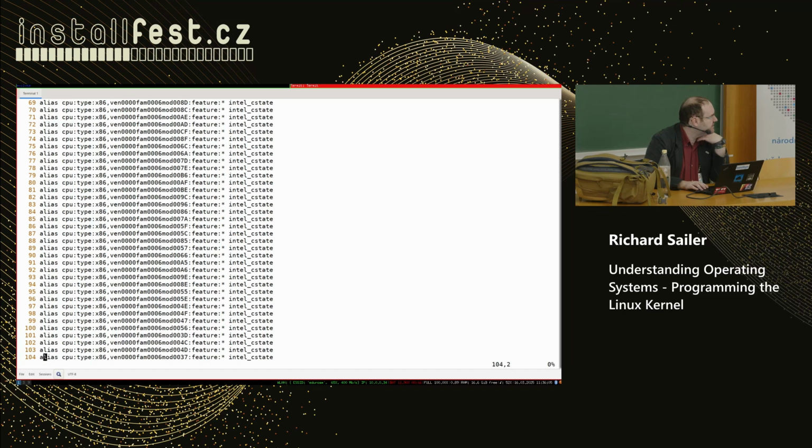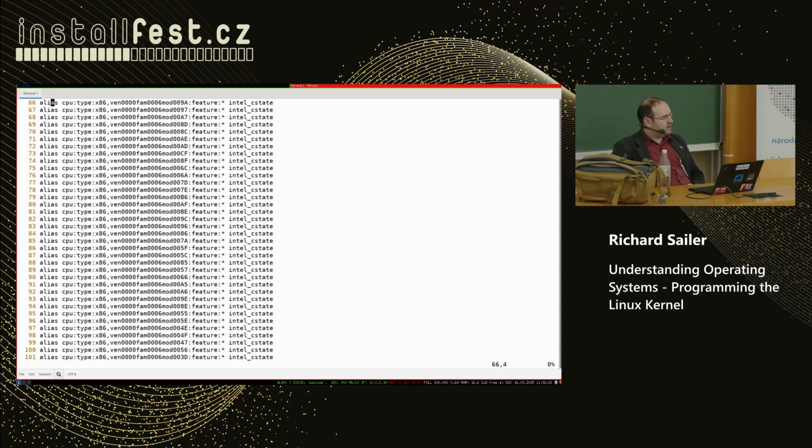And this modalias actually tells you the supported hardware. If you remember your Windows time, where sometimes you had to get Google drivers by vendor ID and device ID, that stuff is also in there.